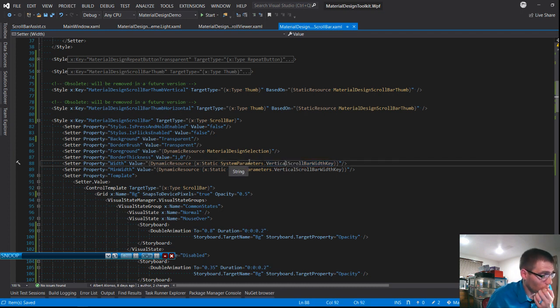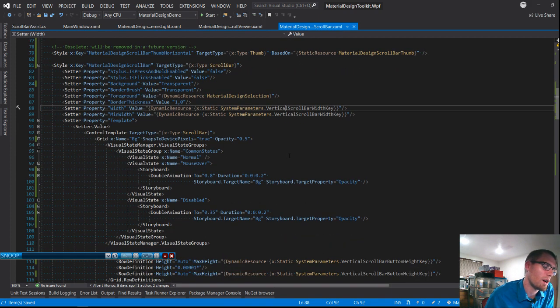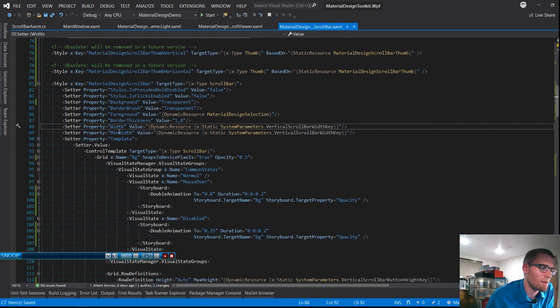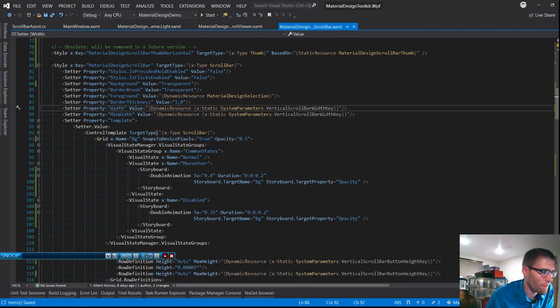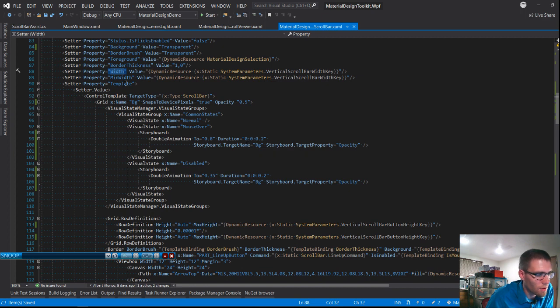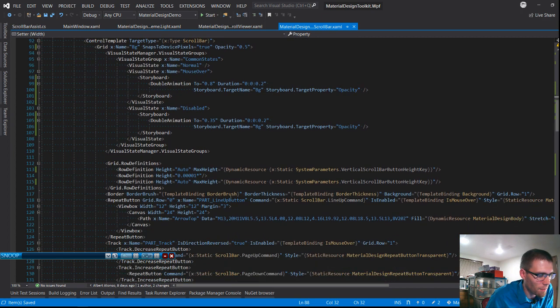Because this is just pulling a dynamic resource off this key. So this is just creating a resource key. Do we change up a value in a resource key? And no, that feels wrong. Yeah, because if you want to change the width of the scroll bar, that's fine, but ultimately what we're talking